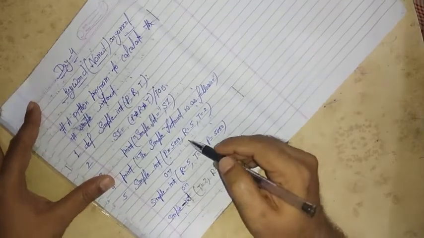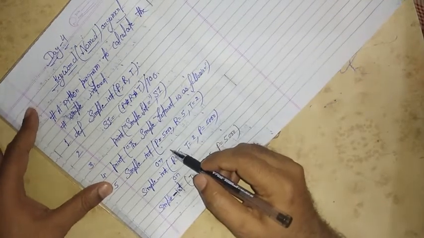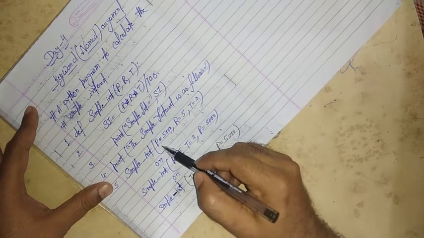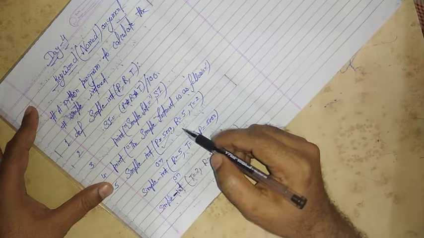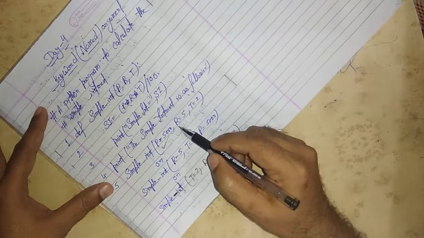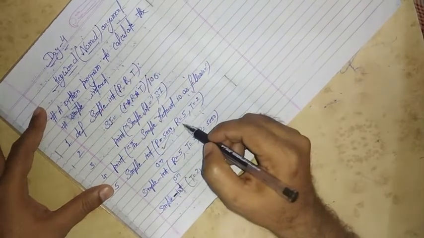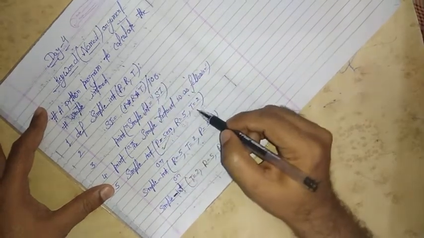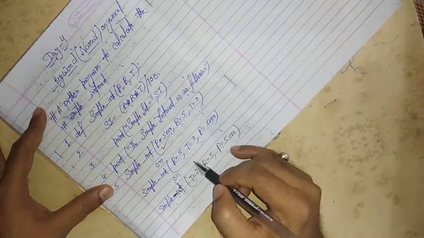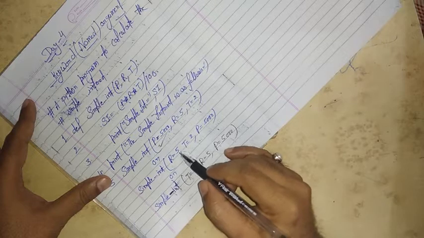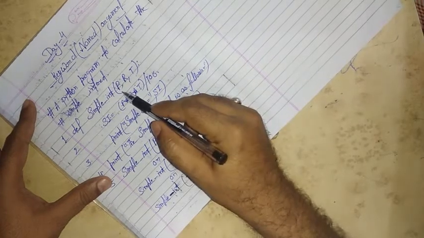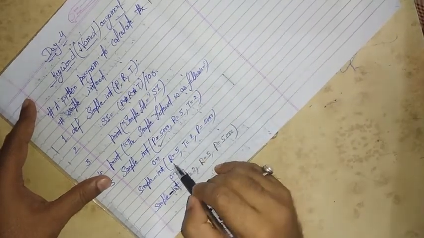So the benefit of this way is that you can pass the arguments to the parameters in any order. Here you are passing the argument to the parameter by using the name of the parameter, that is p is equal to 5000. The 5000 will go to this particular parameter, r is equal to 5, the 5 will go to this particular parameter, t is equal to 2, that will go to this particular parameter. And if you change the order of the arguments, r is equal to 5 means r will not go to p, because here you have specified the name, you specified the keyword.